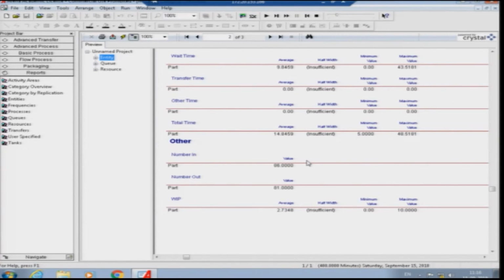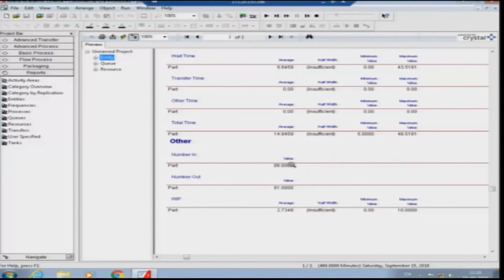So, all of us like to have a system without any variability, but that type of system is not possible. If you look into this simulation model, you can immediately see that the simulation provides a very realistic mechanism to model the variability of the system. 86 entities arrived into the system and only 81 finished, so that means 5 are still waiting to be finished.